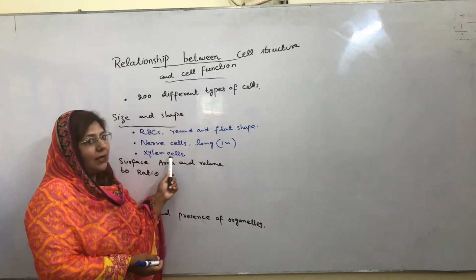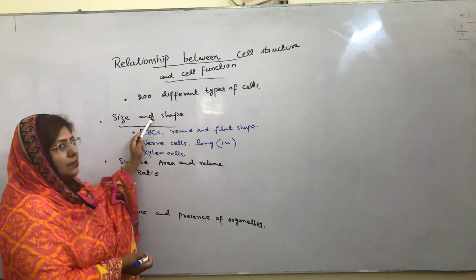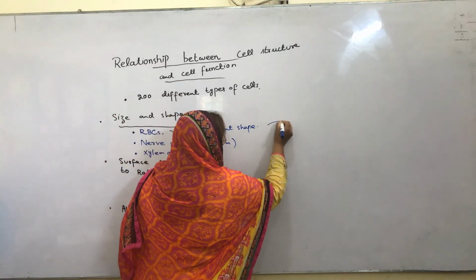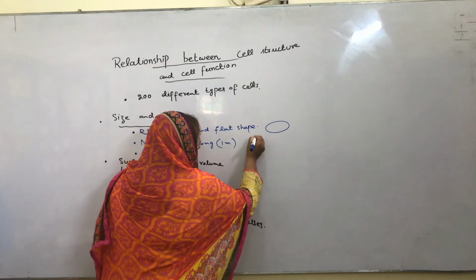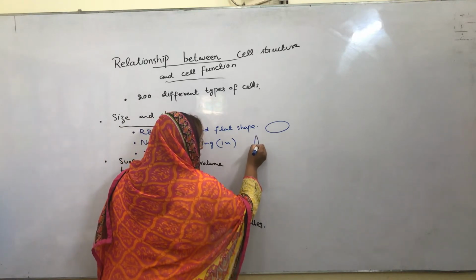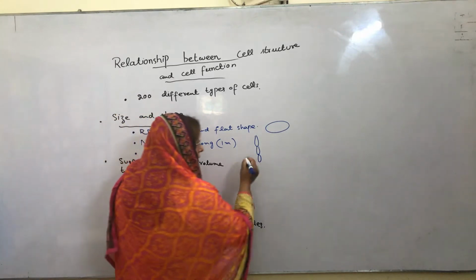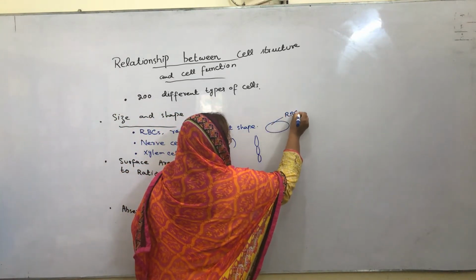So these xylem cells are very important. In this characteristic, size and shape, we can see the shape of red blood cells is like this. They are round and flat. Nerve cells are very long, and xylem cells are present. These are red blood cells,